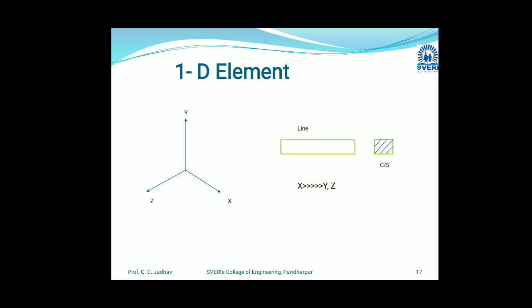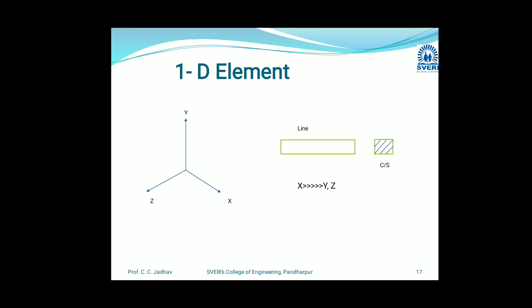So a one-dimensional element is nothing but one where one of the dimensions is very large as compared to the remaining dimensions. In that, the element shape is a line, and the additional data from the user, that is the area of the cross-section of the remaining 2 dimensions, we have to give as input. Element types we can take are rod, bar, beam, pipe, axisymmetric shell.